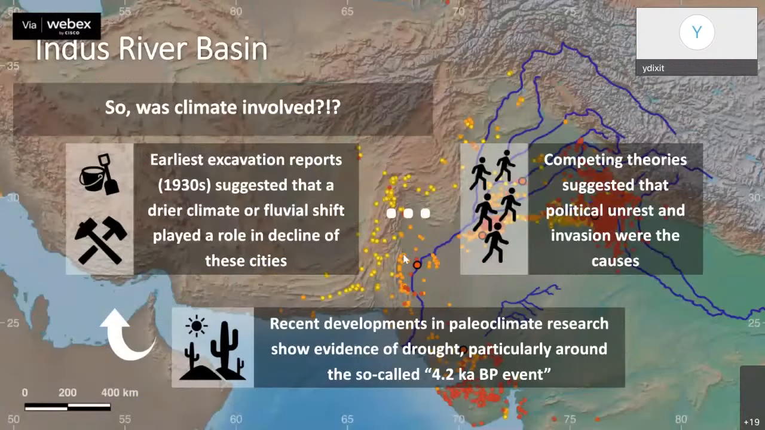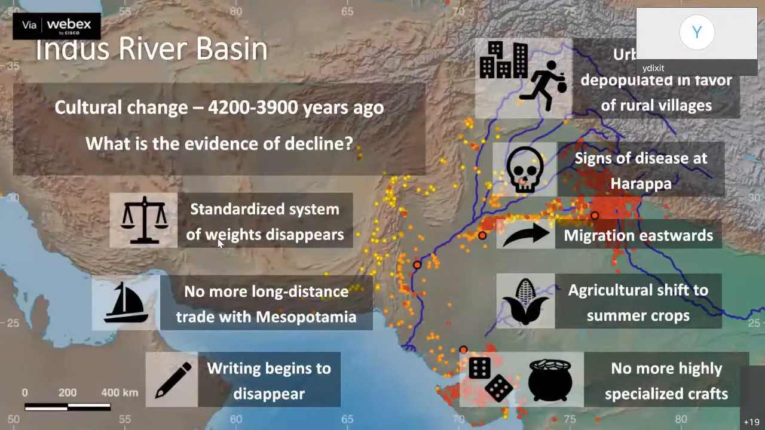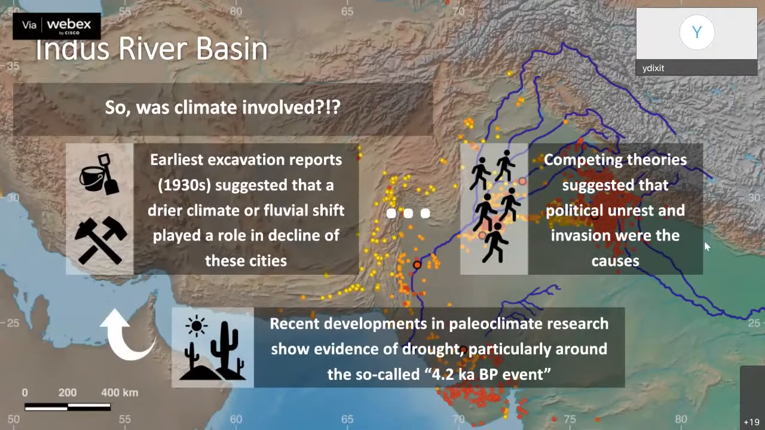So something happened in these civilizations around 4,200 years ago, there were several cultural changes, and people started moving away from the cities. Now, there are several theories. There are theories like there was some sort of invasion from other parts, and some say that it was because of a drier climate and fluvial shift. By fluvial, it means the rivers were shifting, so they had to move following the river or following where the